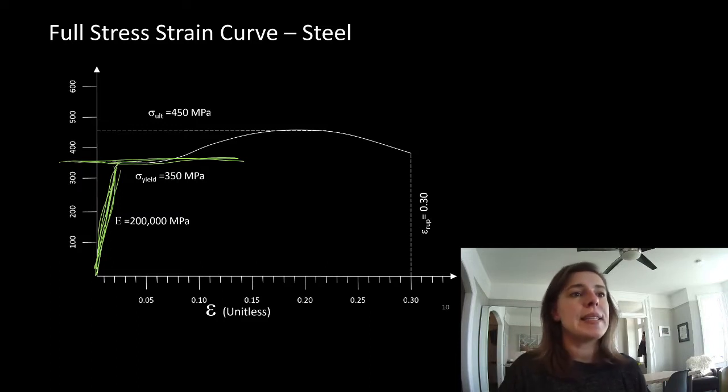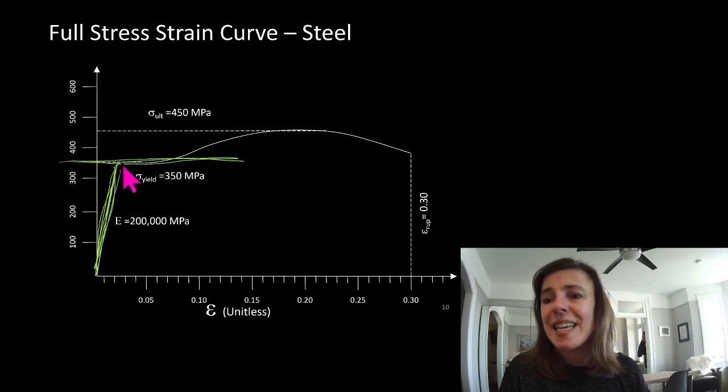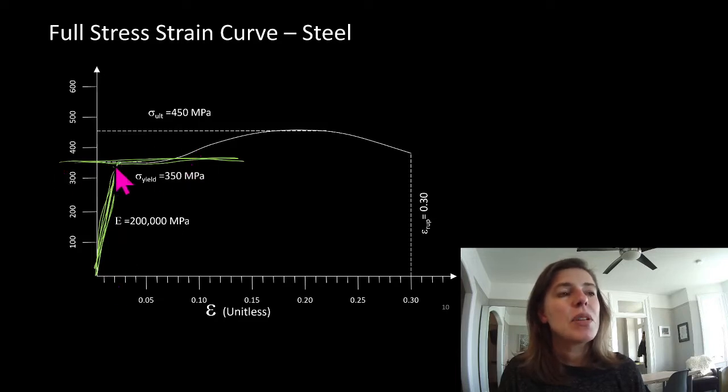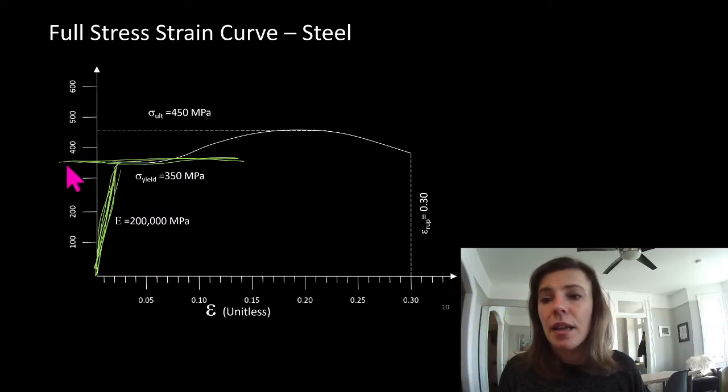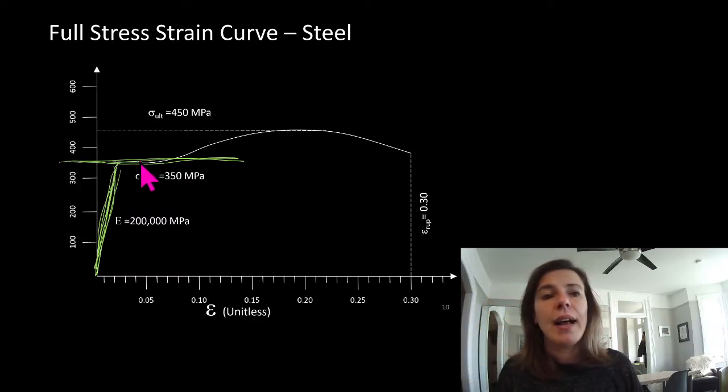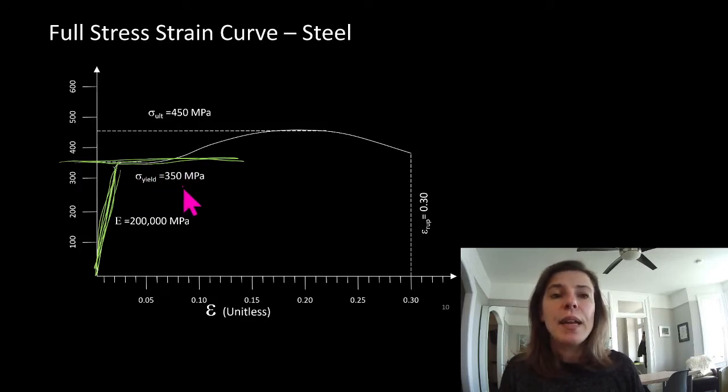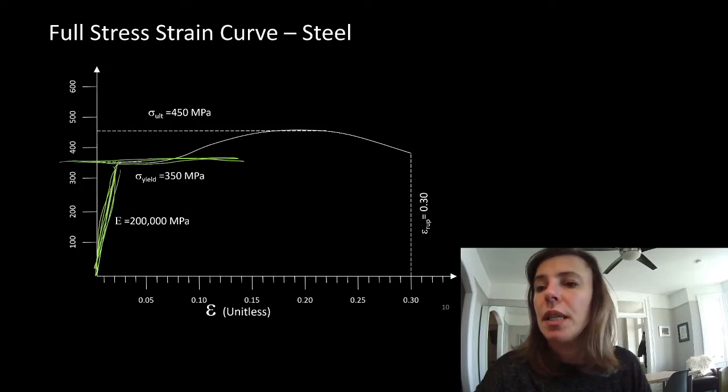So we can see that in our stress strain curve, this is the range that we care about. Anywhere along here, we're typically happy with. And this is where we top it out. We might let our member yield all the way to the neutral axes and stop right there, but we're still stopping at this 350 MPa. Now, in a few minutes, I'm going to show you something where we do make use